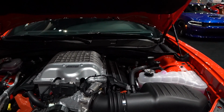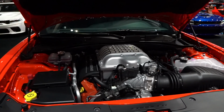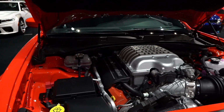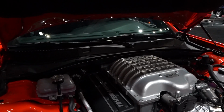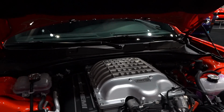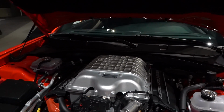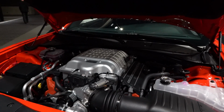Dodge promises very fast shifts, and I can tell you from driving the Hellcat Red Eye, the shifts are pretty darn quick for not being a DCT style transmission. Now, I know you want numbers. So we're talking 0 to 60 in about 3.8 seconds, quarter mile in 12.2, and a top speed of 180 miles an hour. The car does weigh 4,500 pounds, so she's no lightweight, but when it comes to MPGs, very,